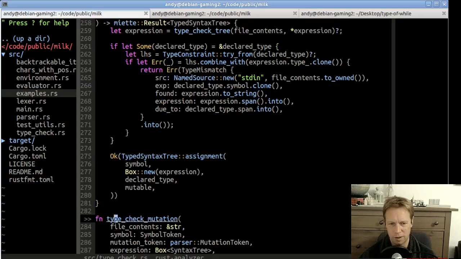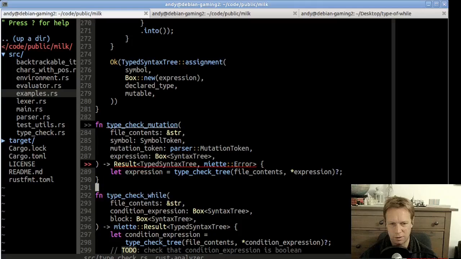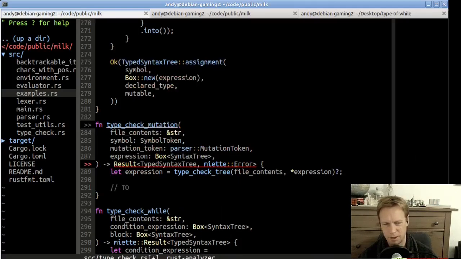We're gonna add a to do for checking that it's okay, and that will mean looking up that symbol token in our environment, which is all very interesting. We don't have an environment here. There's definitely more thinking and work to be done here, but we're not going to do it. So where are we going to put the to do? Somewhere we're going to say check that that expression has a suitable type